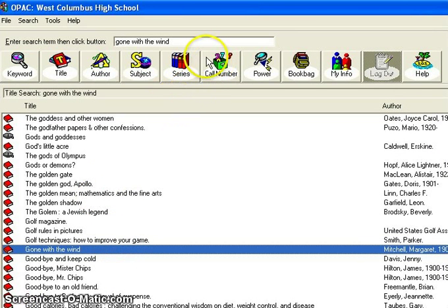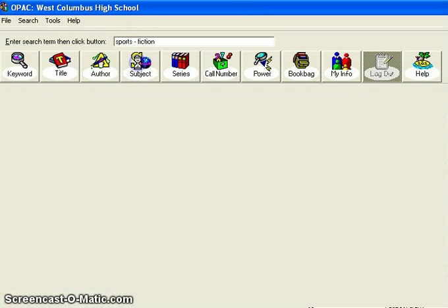Let's do our subject search. We'll go back to our search box and let's look and see if there are any fiction books about sports. So I'm going to type in sports, and since I'm looking for fiction books dealing with sports, I'm going to do a dash and then I'm going to type fiction. Then I'm going to click on the subject button